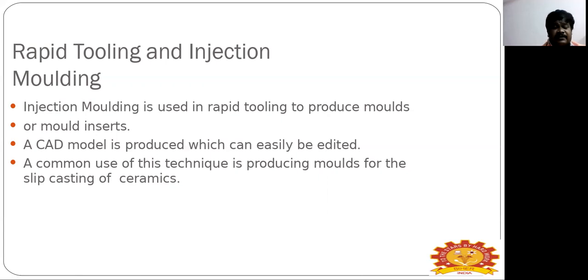Polypropylene we also use in rapid tooling. That is the most common material which we use in injection molding. It has high chemical resistance. Also it is available in food grade. PA6 is the performance plastic. It has a high degree of toughness and good surface finish, so that we use in rapid tooling.